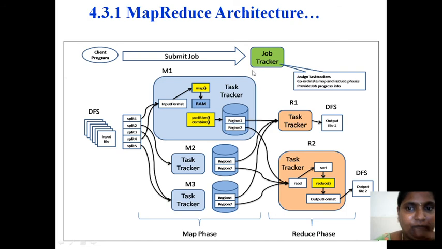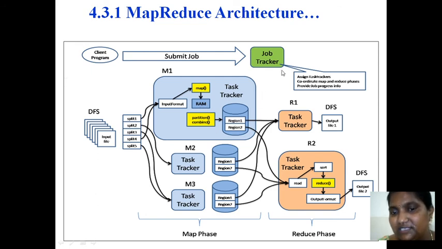After that, in the distributed file system, the data is going to be split into parts of 64 MB each. That is made available in the required format to the mapper. Later it is going to divide, partition, combine, etc. All of these are done by the task tracker only. The job tracker is only the element that decides which processor to give to the task tracker for your requirement.